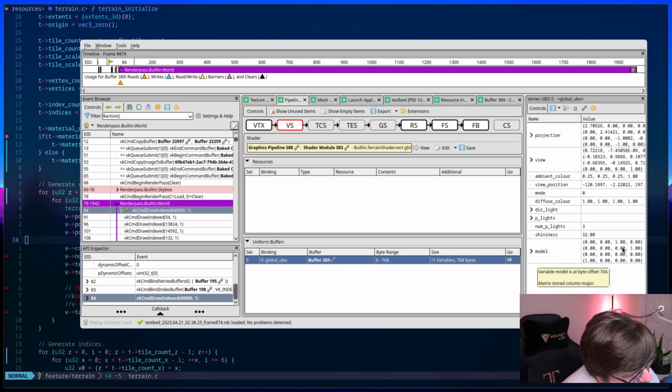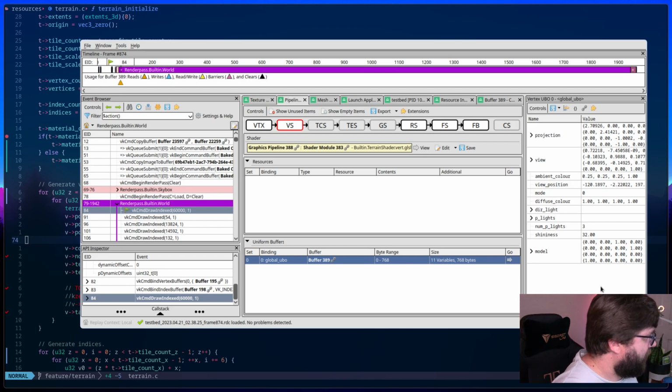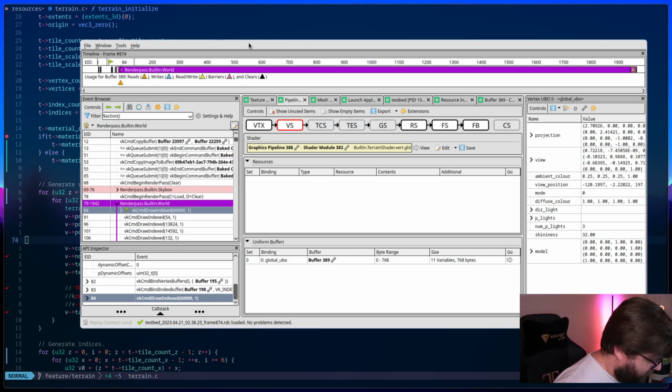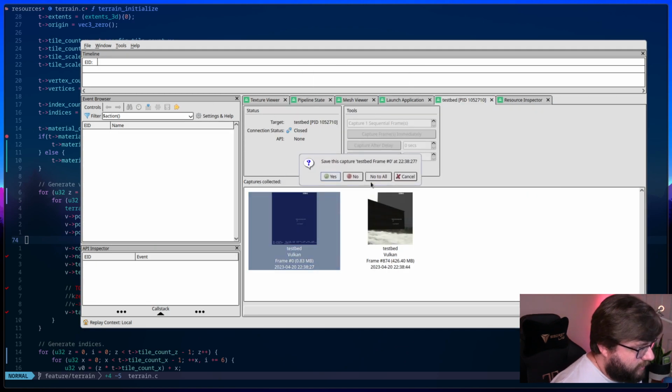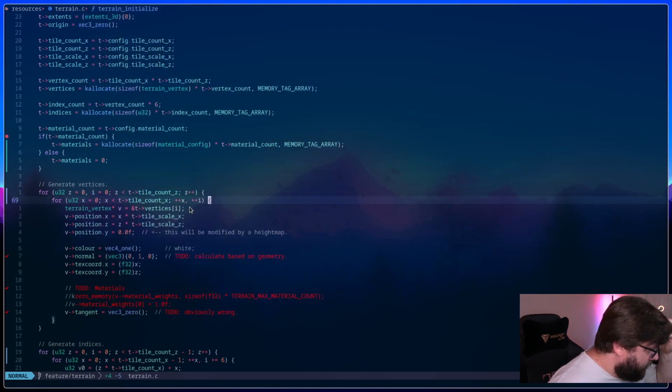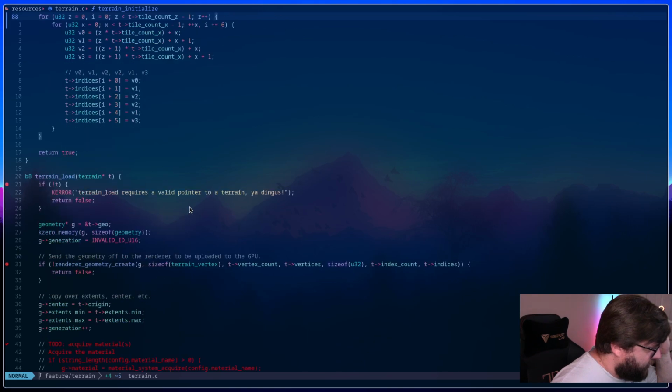What is this? The model matrix seems wrong. Yeah, what the heck is that? Okay. All right, that gives me something to go on at least. Why is the model matrix so foobar?